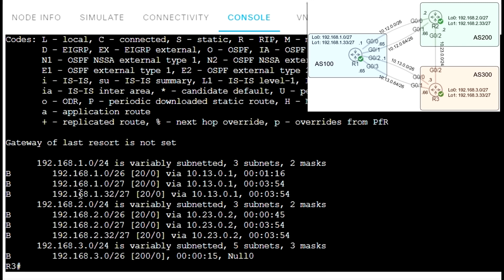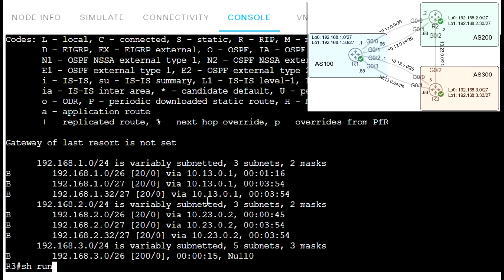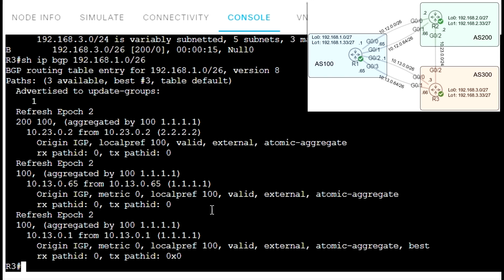And as you can see, we have our aggregated route and we have two original prefixes. So show IP BGP 192.168.1.0/26, and as you can see, it shows